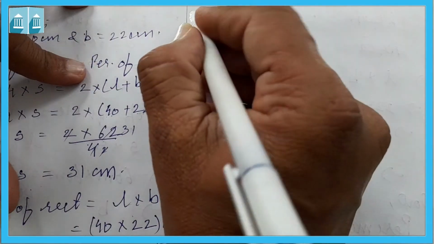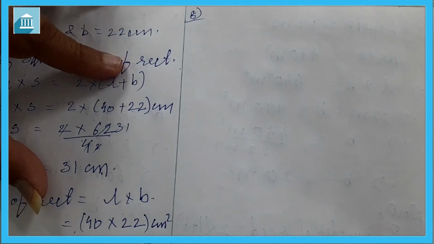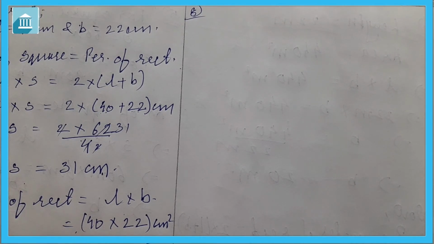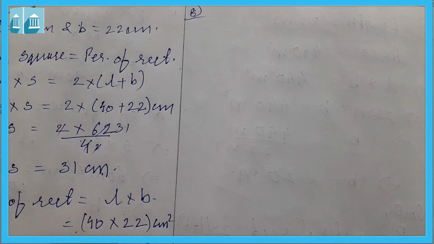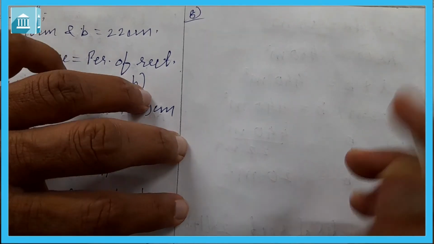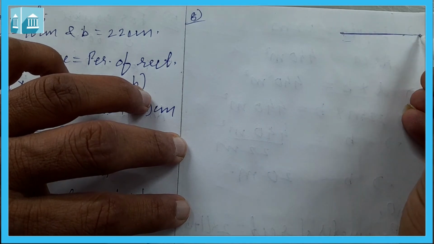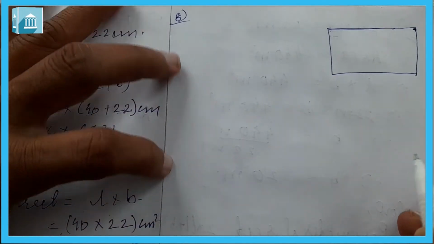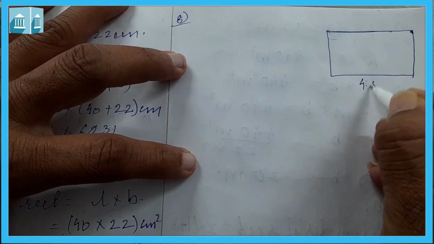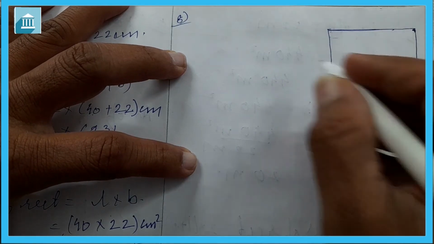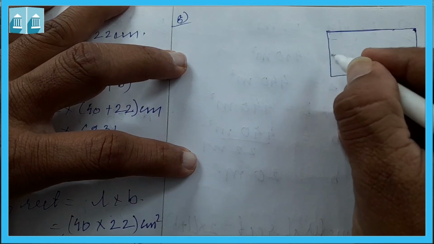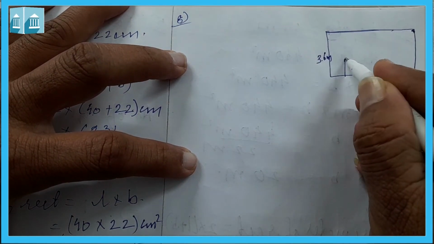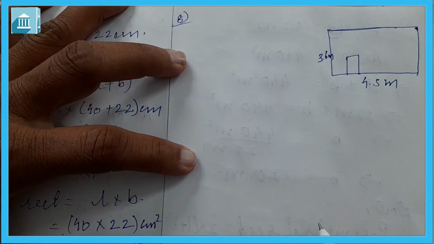Question number 8 is: the door of length 2 meter and breadth 1 meter is fitted in the wall. The length of the wall is 4.5 meter and the breadth is 3.6 meter. Here one wall is given like this, whose measurement is 4.5 meter and 3.6 meter. In that one door is also given here like this, whose length is 2 meter